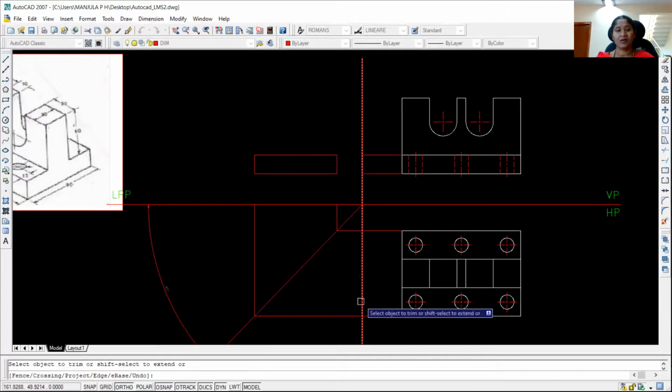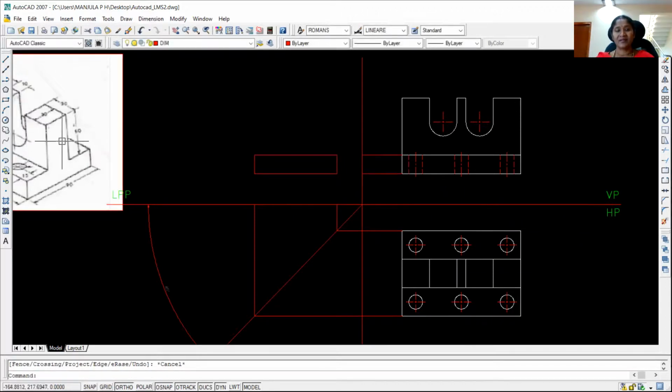Okay, now I have to draw this width of 30 mm. For that, again, I have to draw the horizontal projectors from the top view to the 45-degree line and project it upwards. So for that, make use of the line command, enter. So from this point, you draw a line to the 45-degree line. Again, space bar. Again, from this point, you draw to the 45-degree line. Now you project it upwards.